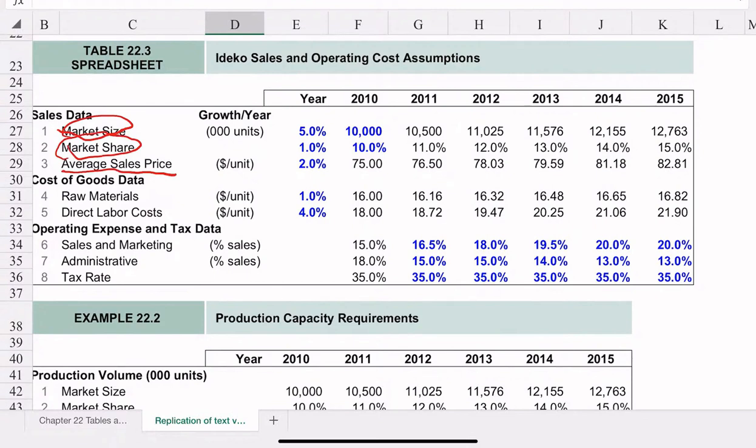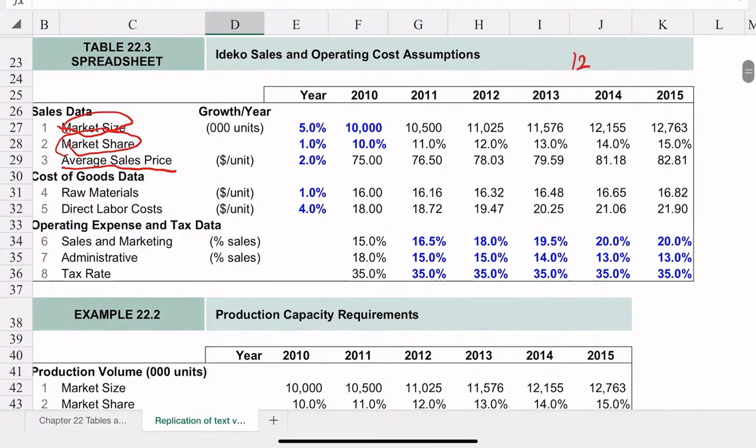And if in 2015, your sales would be given by 12763 times 15% times